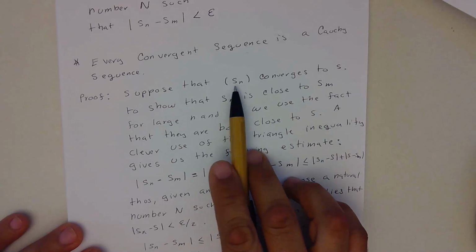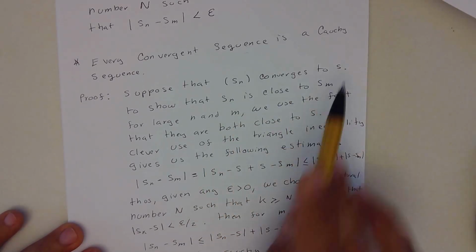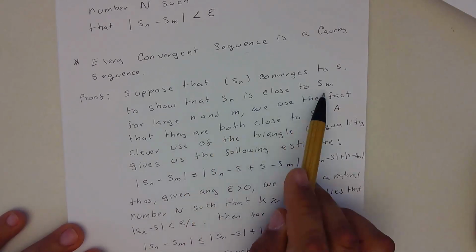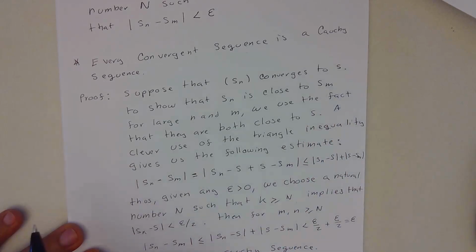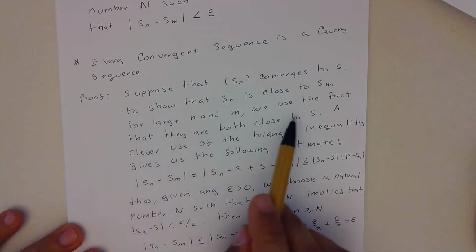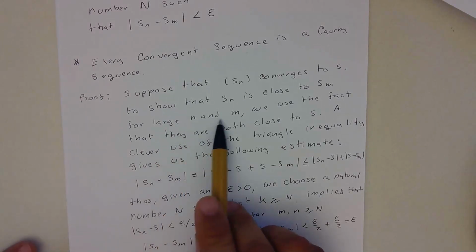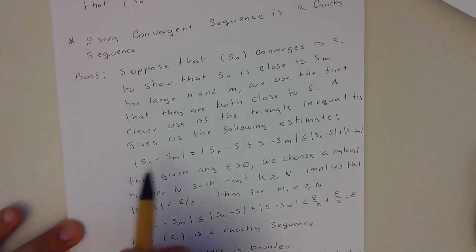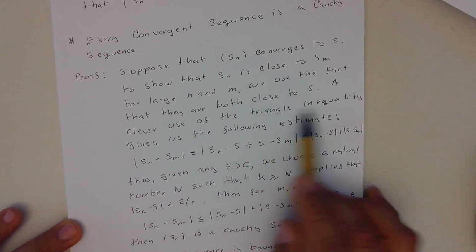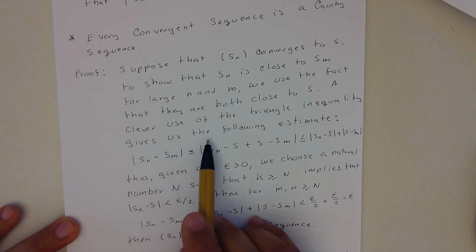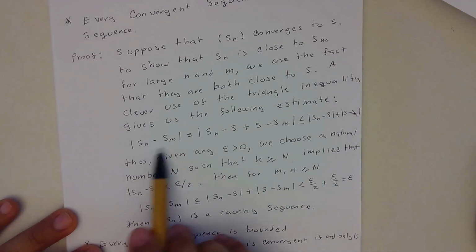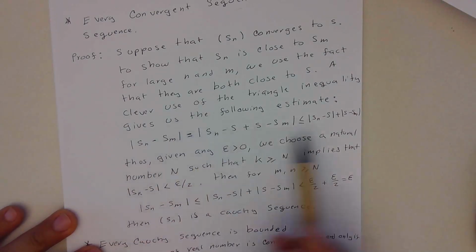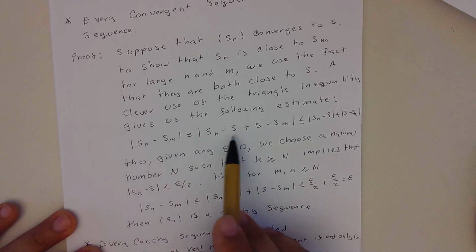So suppose that we have a sequence that is converging to S. To show that the sequence is close to any number Sn for large n and m, we use the fact that they are both close to S, right? Using the triangle inequality, we get the following estimates. We said that the difference between them, in absolute value, has to be less than epsilon, but we don't know that yet. So, we